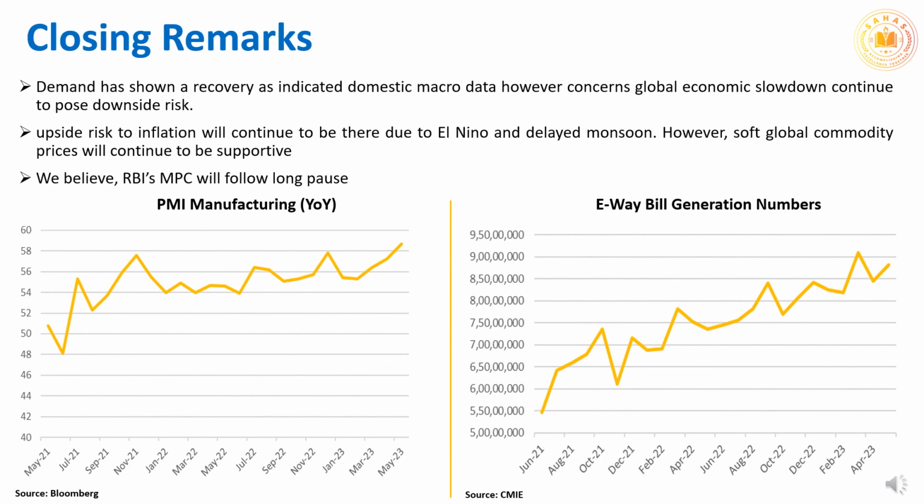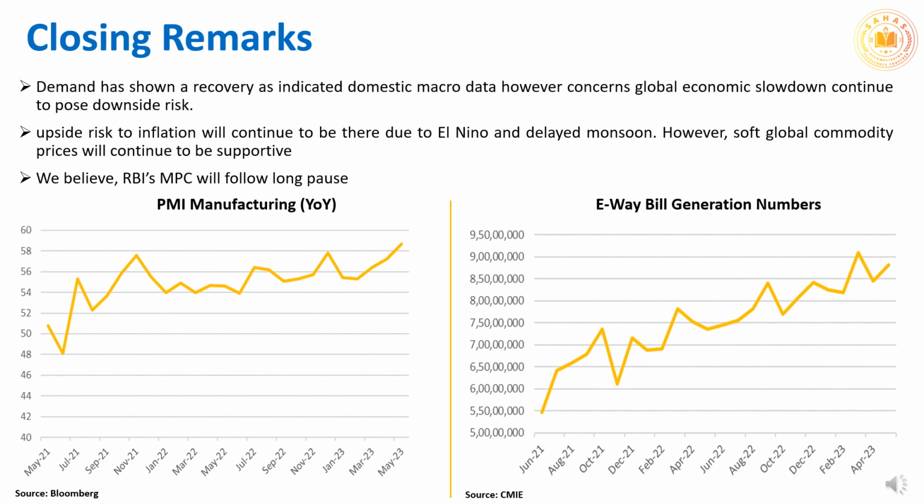Our closing remarks on CPI and IIP data prints. India's domestic demand has shown a recovery. This can be seen from pickup in credit growth, higher PMI manufacturing, toll collection, and e-way bill generation in the month of May. Lagged impact due to steep policy tightening by the RBI might have adverse impact on overall growth. Export demand will continue to face headwinds amidst the fears of global economic slowdown.